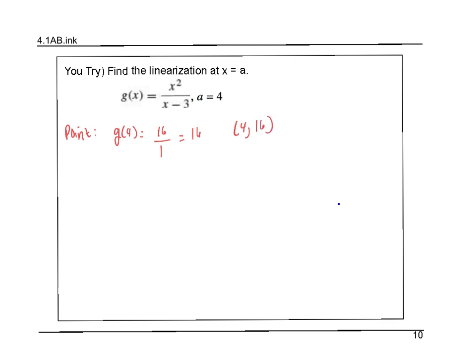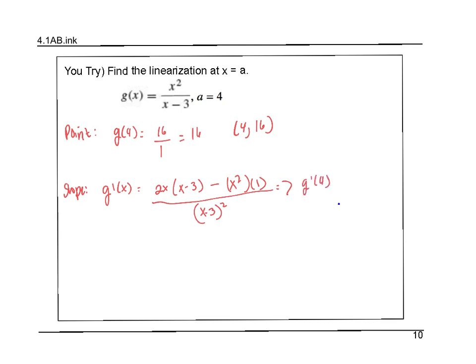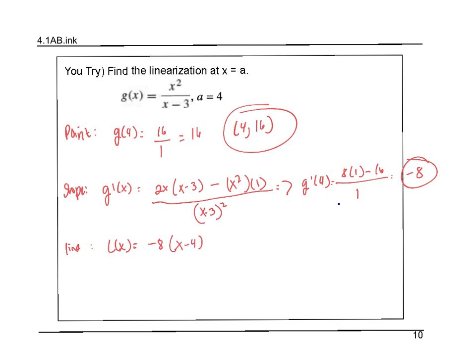I need my slope, so I'm using the quotient rule and getting 2x times x minus 3, minus x squared times 1, over x minus 3 quantity squared. And I'm evaluating this at 4. So that would be 8 times 1 minus 16 times 1, over 1. So that is a slope of negative 8. Point, go to the line. So L of x is equal to negative 8 times x minus 4 plus